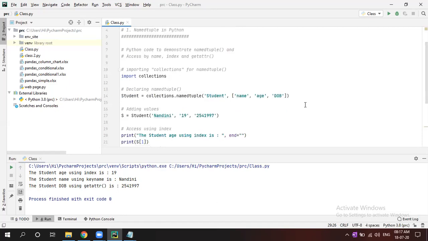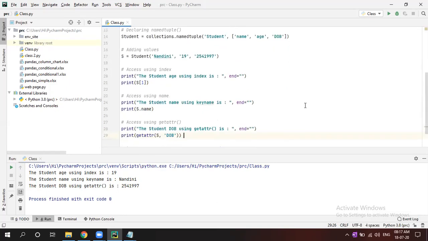As I told you, collection is a special type of container data type. Under student, I have taken one student, and in that student I want name, age, and DOB, date of birth. I want some information, so everything I can keep in one container. That is your collection concept.